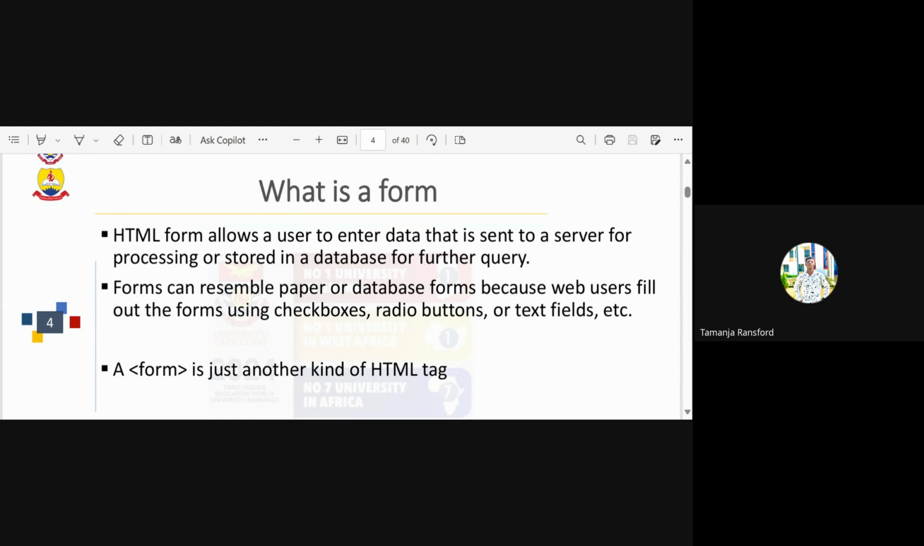So we have checkbox, and that is you are given some options and then you choose some particular options. And then we have radio button, that is you are given just a few options, and you are supposed to choose only one out of the whole. But with checkboxes, sometimes you can choose more than one